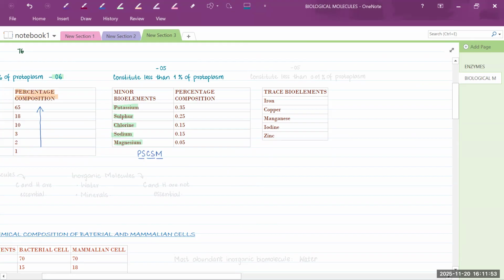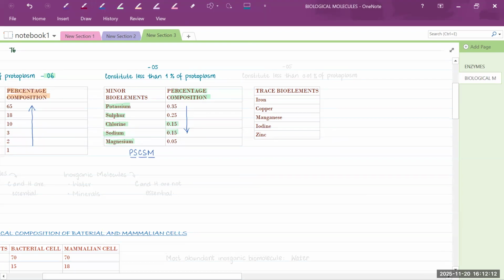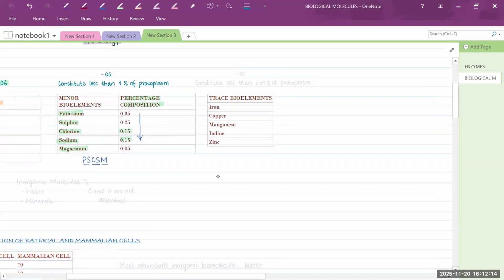Also, their percentage composition is 0.35, 0.25, 0.15, 0.15. Repetitive compositions are easy to remember. I think these four are easy to remember as it is, because 0.35, 0.25, gap of 0.10. Okay. Apart from that,